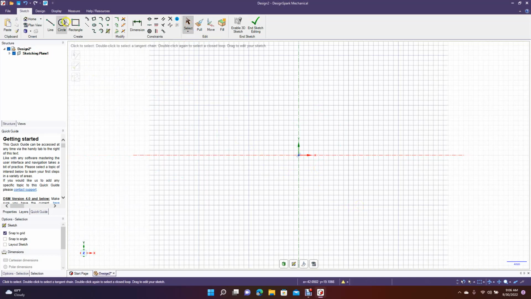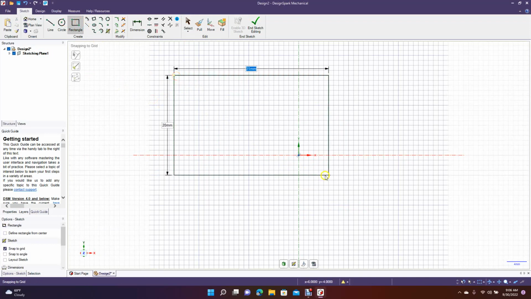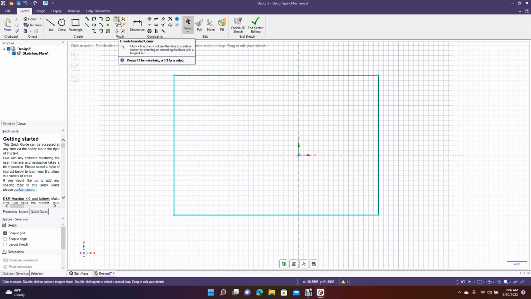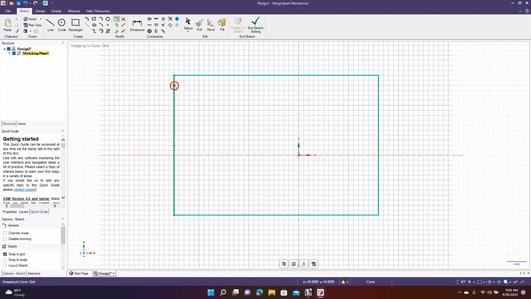So if you have it now, it has to be a radius. Let's say you have a rectangle there, and we're going to put a fillet on here. So we'll go ahead and go to the create round. We'll purposely do a 3 millimeter. So now if you have a circle over here